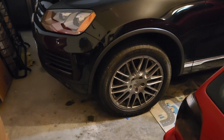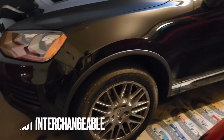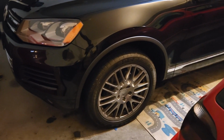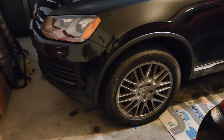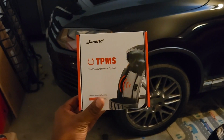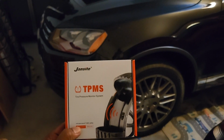The only thing that is lacking though is TPMS. Obviously the TPMS on a Cayenne is different than the one on a Touareg. I could transfer my TPMS from my 18s onto this, but then my 18s would be without TPMS. So long story short, I figured I'd give these Jansite TPMS valve stems